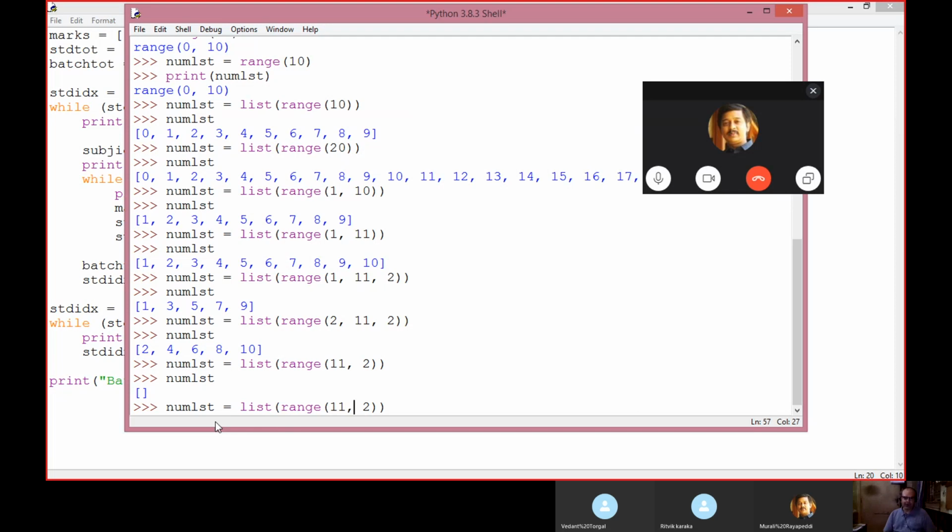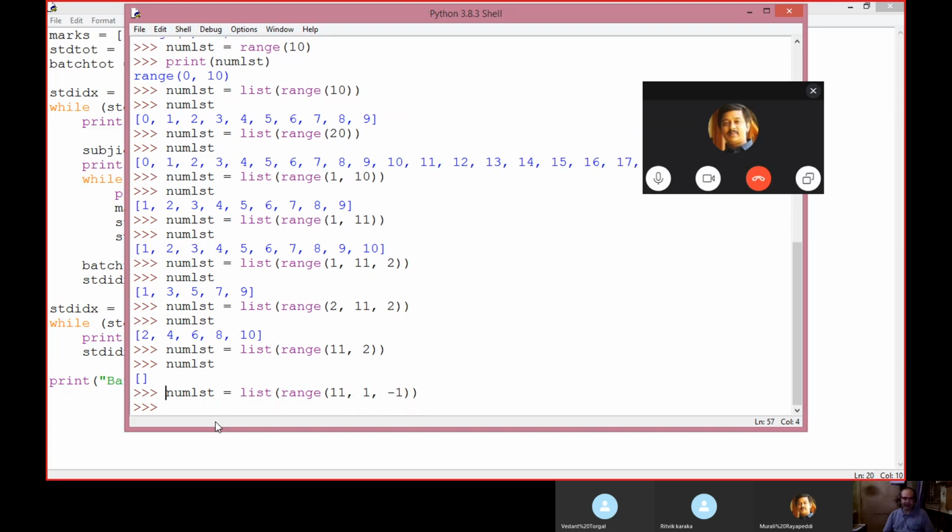Okay, now instead of starting at say 1 and going to 10, I can say start from 11 and end at 1. Will it end at 1 and say -1? So let's see what happens.